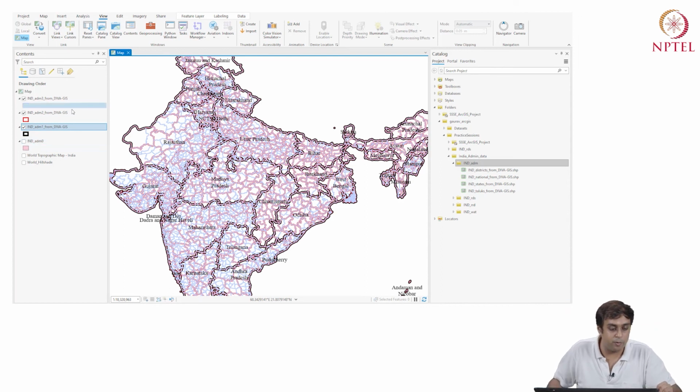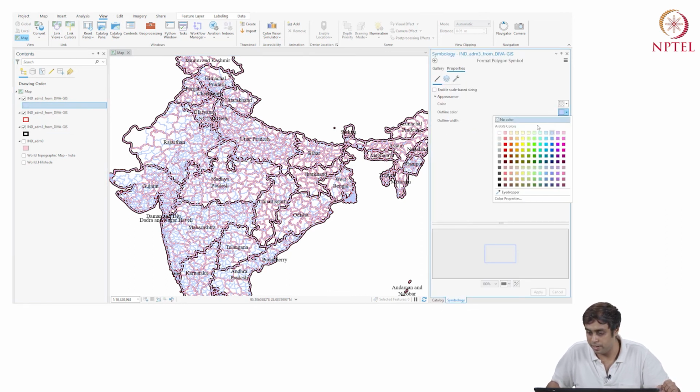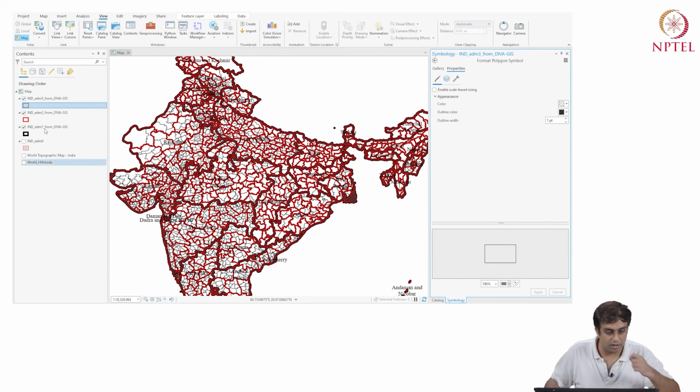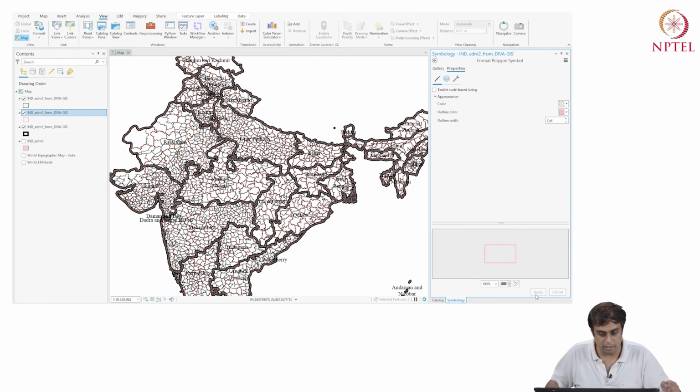And then what I'm doing is that I can improve the symbology a little bit. Just give me a second here. So I am going to try and apply. Yeah, so this is too big. Apply, and maybe I'll make it a little lighter.